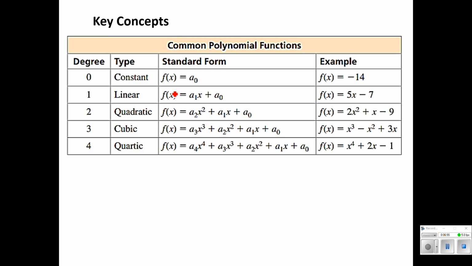All right, so here we have our library. As we build these up, we've got some names for each type of function. So we've got a constant, a linear, a quadratic. We're going to add a cubic function and a quartic function. And we classify these polynomials based on their degree. And the degree, you can see 0, 1, 2, 3, 4, just indicates the highest power on x that we see. So we've got x to the first, x to the second, x to the third, x to the fourth. And these are just common ones to know the names of. We can have 8th degree polynomials like we saw in our introduction. This pattern definitely does continue on.